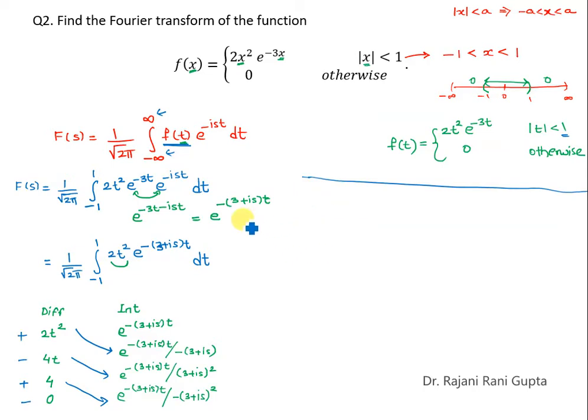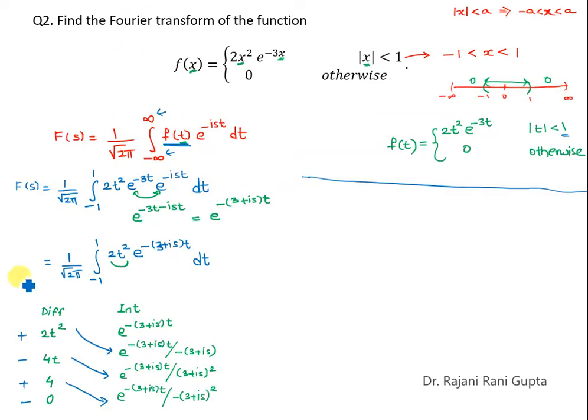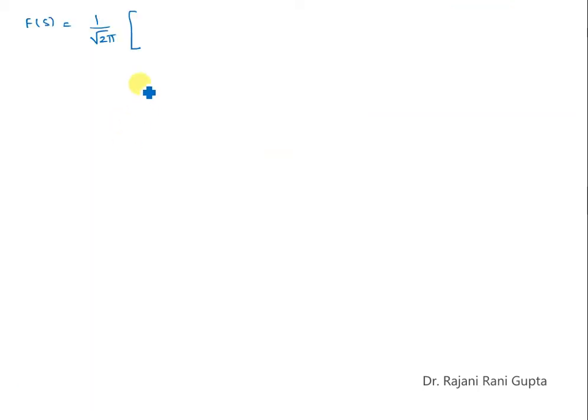Okay, or better if we write it on the next slide. So I'll write F(s) equal to 1 over square root of 2 pi, first term, 2t square times this. So see, here the sign is positive, here it's negative. So positive negative become negative. So we will get minus 2t square e to the power minus (3 plus iota s)t over (3 plus iota s)